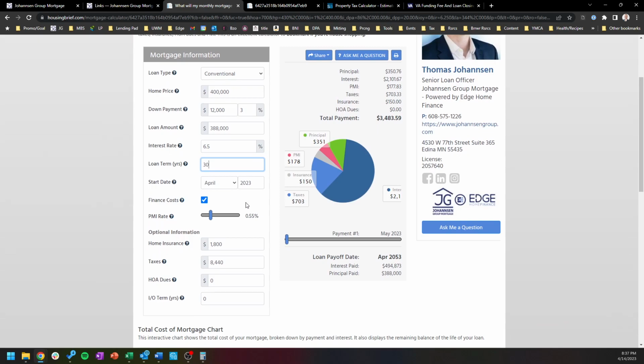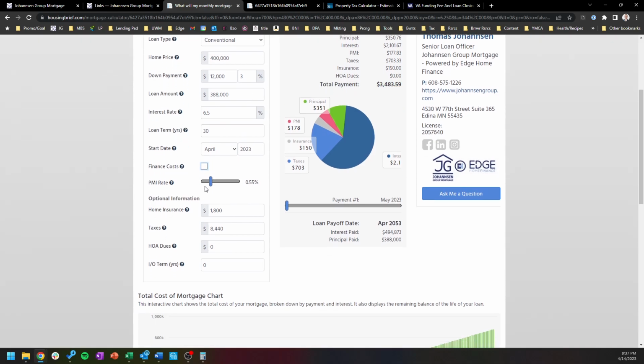So start date, don't worry about that. That's just to see when it would be paid off. But moving forward, financing cost is not going to apply to this scenario because this is an FHA or VA type of consideration. Homeowner's insurance, also known as hazard insurance, I like to recommend $150 a month if you're not